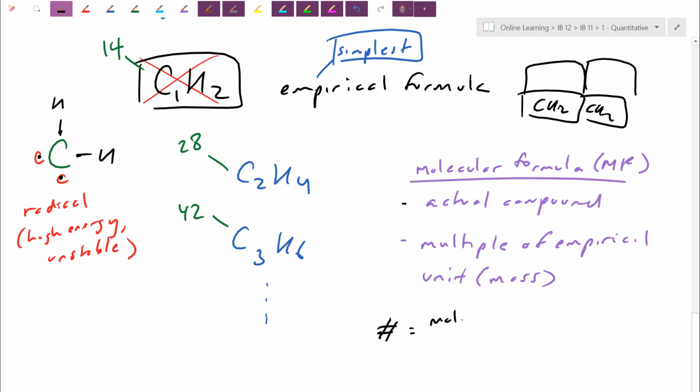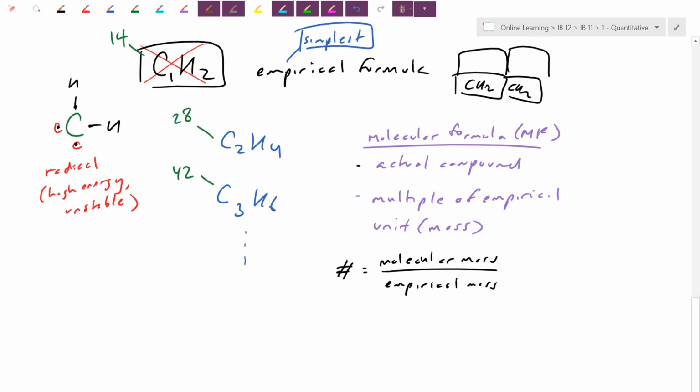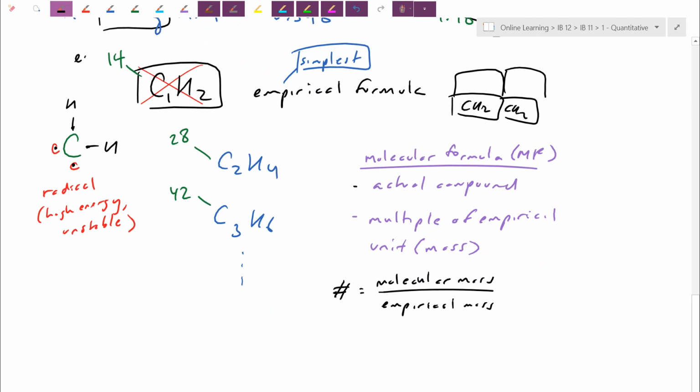You can take the molecular mass or molar mass, the mass of the entire compound, and divide out the mass of the Lego block. Divide out what I'm calling the empirical mass. So this 14 here is called the empirical mass. It's like doing a molar mass on your empirical unit. It's like saying your Lego piece weighs 14. If I now tell you, they actually need to give you some experimental data, if